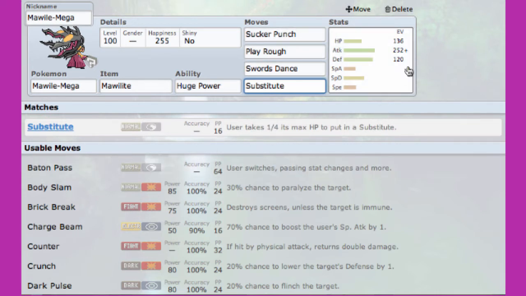If you can get off a sub, then you are golden. I think if you get off a Substitute with any physical attacker that can hit for a lot of damage, then that has Sucker Punch and does a lot of damage, then you don't really have to risk them predicting you. Because say that they go for some kind of hazards, or not hazards, but some kind of special